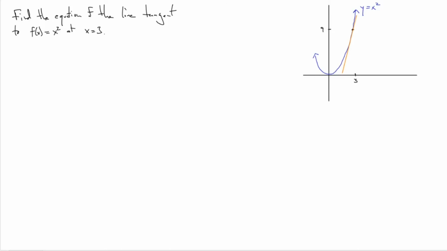So just to give us a rough idea, the line that we're looking for is something like this. If we come up with an answer where the slope of the line is negative, no good, because we can see that this has a positive slope. If we see that the y-intercept is 75, we'll know we have it wrong. So we'd like to get some idea that the answer we come up with is actually correct. Okay, we're trying to come up with the equation of a line. We do know a point that it passes through, (3, 9),